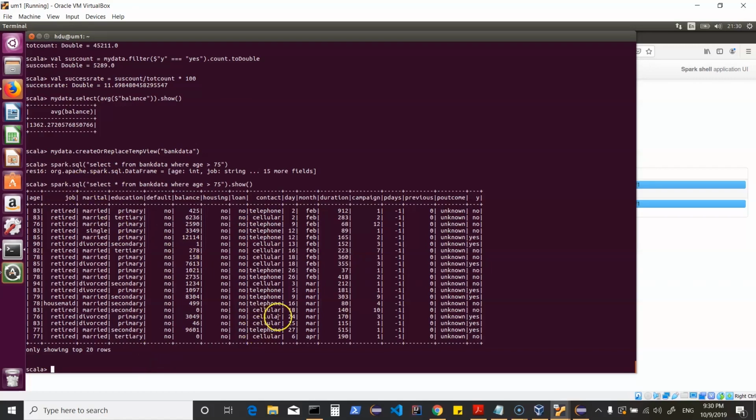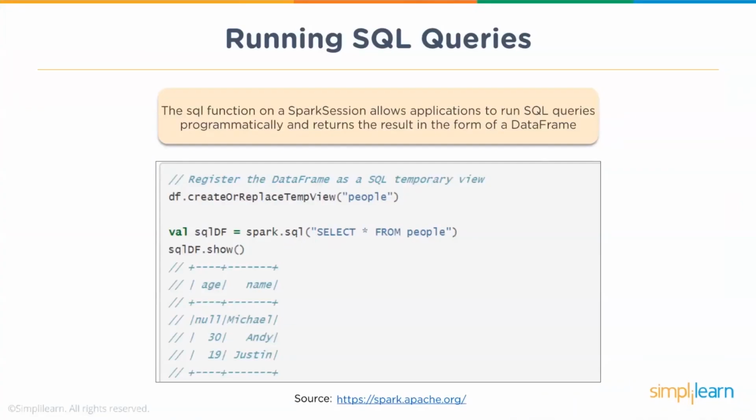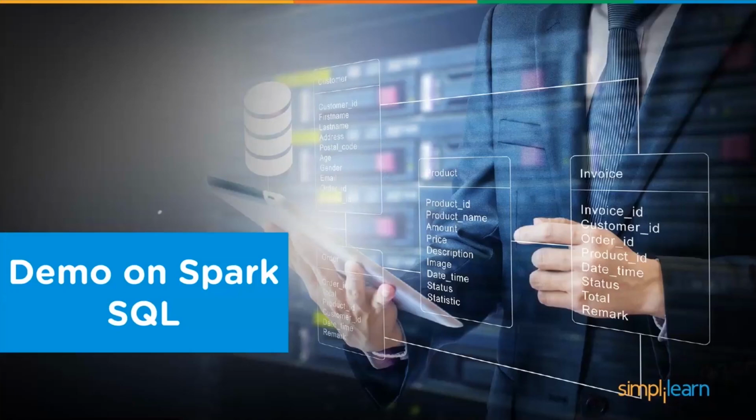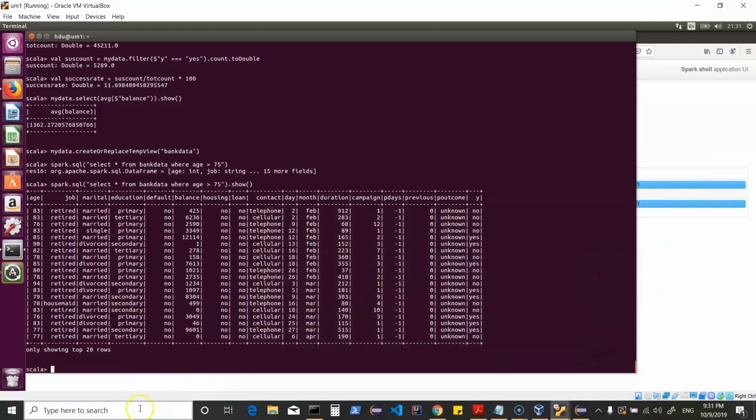Now here, this is one way in which you can work with your data frames, work on different formats, look into the schema, run your queries, do some computations, and then basically also save it as a data frame. We could do many more things. So here, for example, if I would want to write this data in a different format or save it, I can always do a spark.sql. Now the same query which we ran here, we could put this in a variable. So for example, let's say val result, and I can just do this.